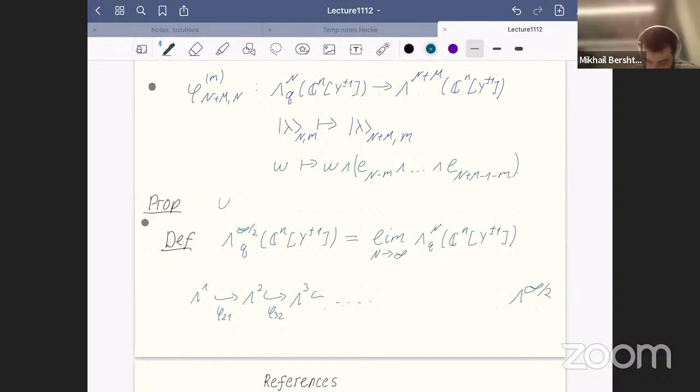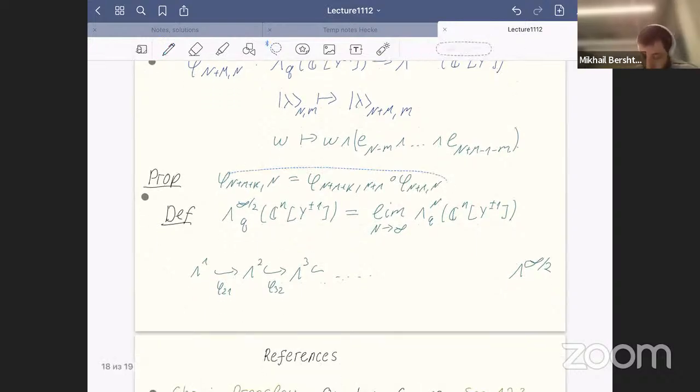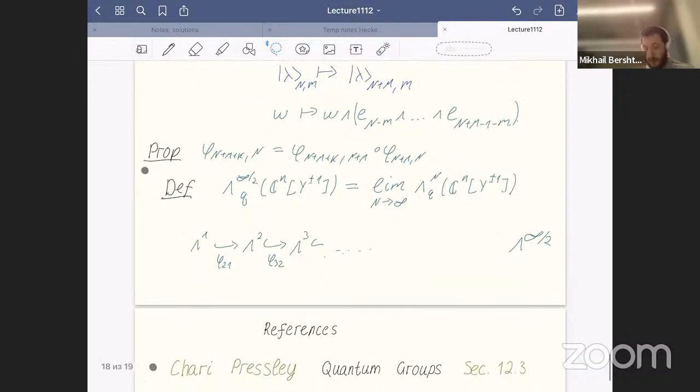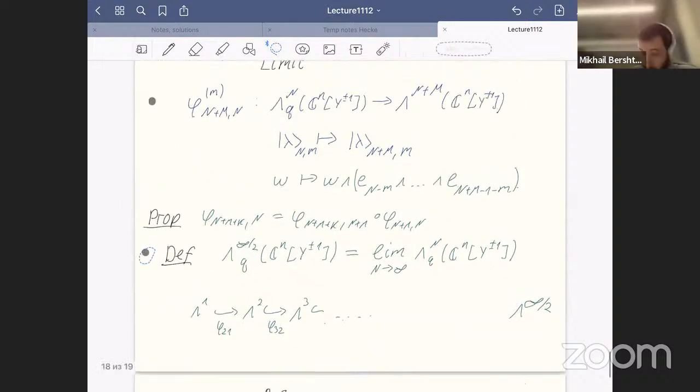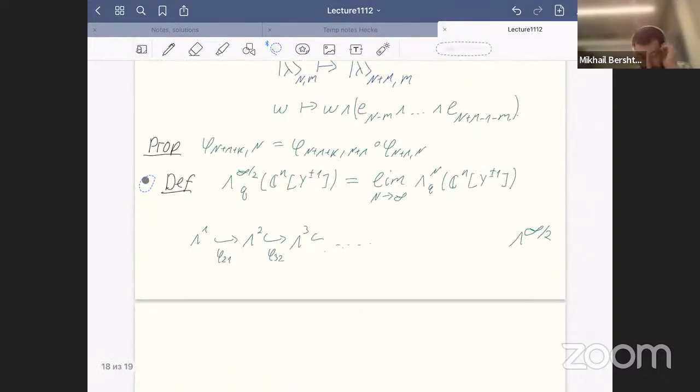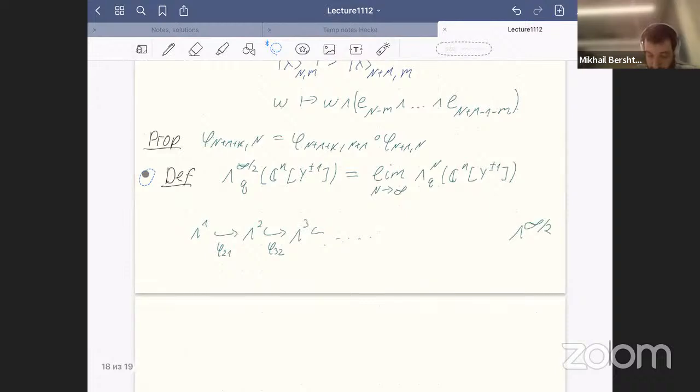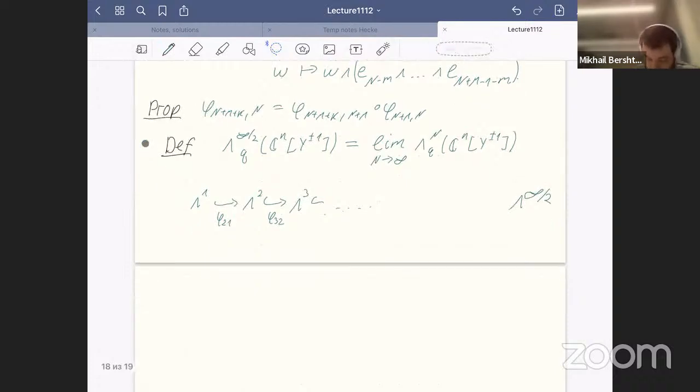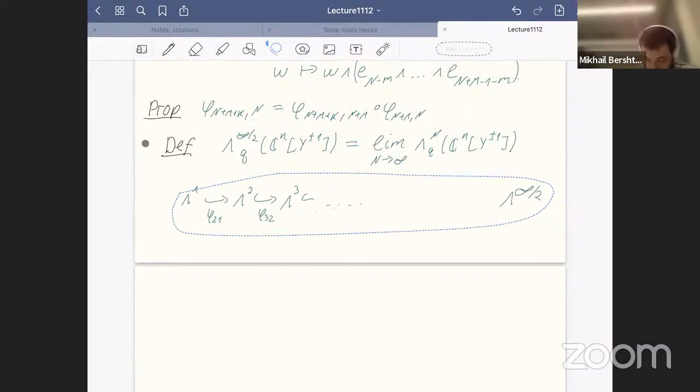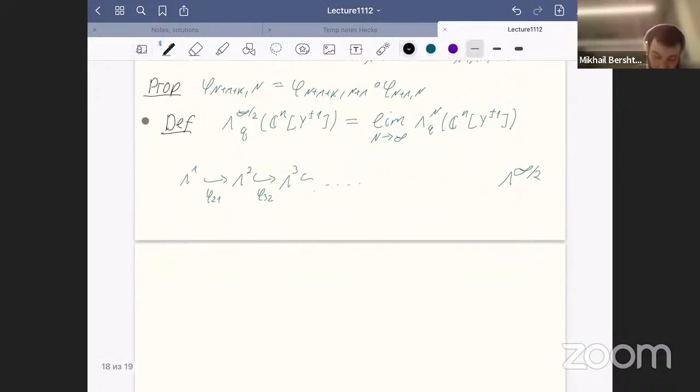Well, this obvious property that phi n plus m plus k n is the composition phi n plus m plus k n plus m, phi n plus m. This property allows us to define this injective limit directly. Maybe a bit informally, one can think, maybe formally,